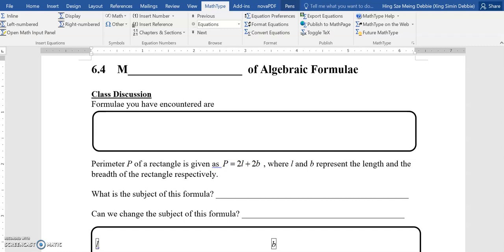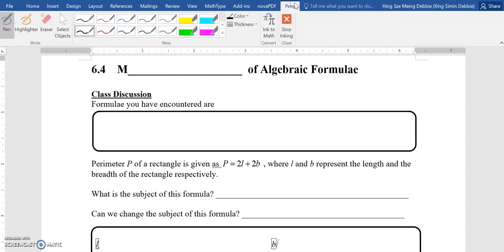Good day. In year 1, we have learned that in general, a formula expresses a rule in algebraic terms by making use of variables to write instructions for performing a calculation. Some examples of formulas that you have encountered thus far include the formula for simple interest. We know that we can calculate simple interest with I equals PRT over 100, where P represents